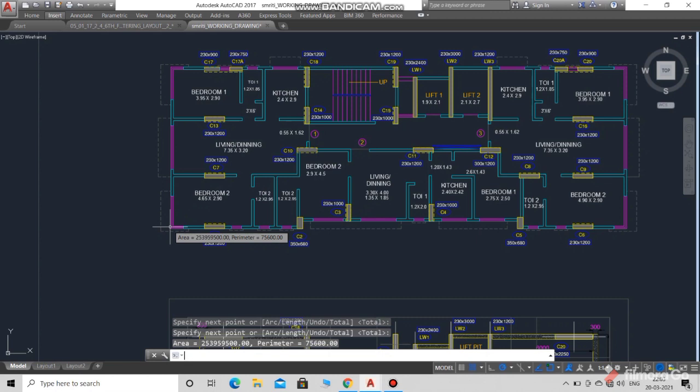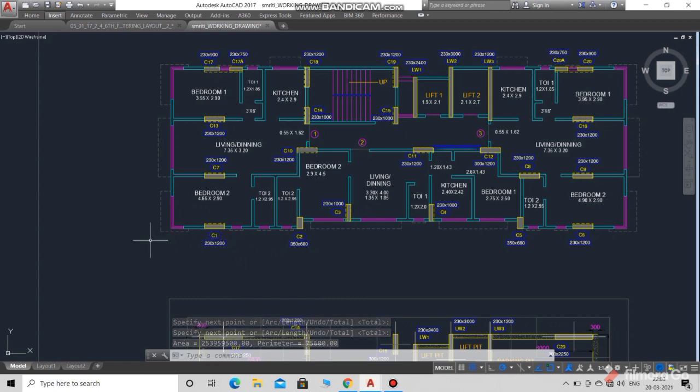The area is in mm because we have selected the area unit in mm. You can see here the area and also the perimeter. It's a very accurate and very useful command for area measuring.